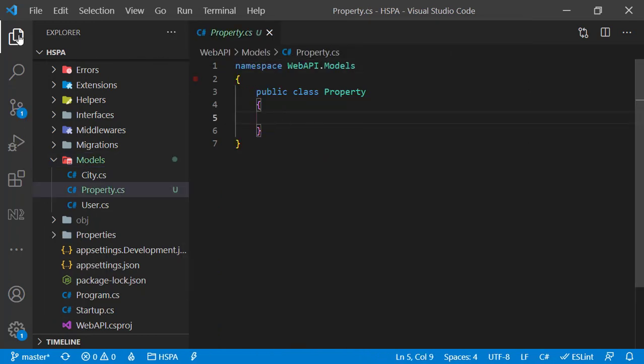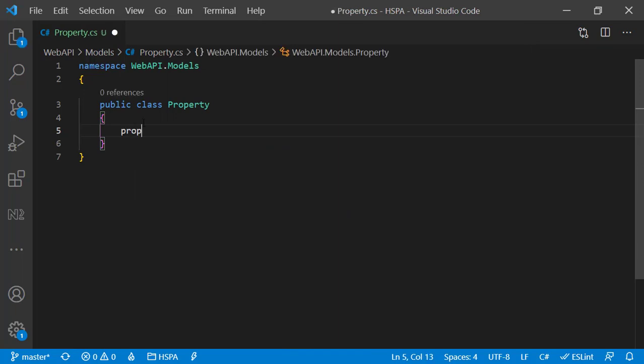and add all the required fields. Add ID. Entity Framework is smart enough that it automatically sets this field as the primary key in the database if we define a property with the name ID. So naming convention is important here, but sometimes it is not feasible to follow the naming convention. We have a workaround for that as well.